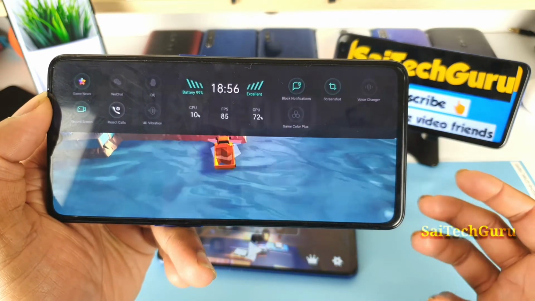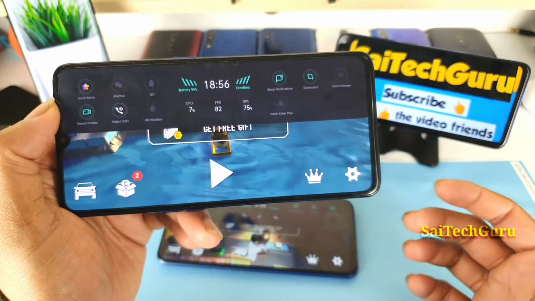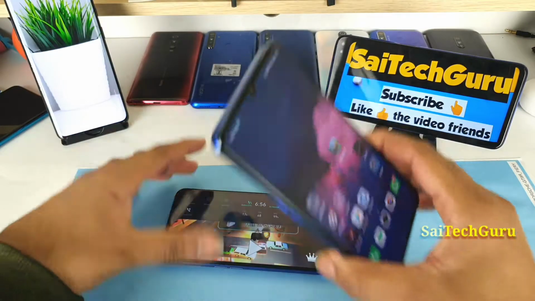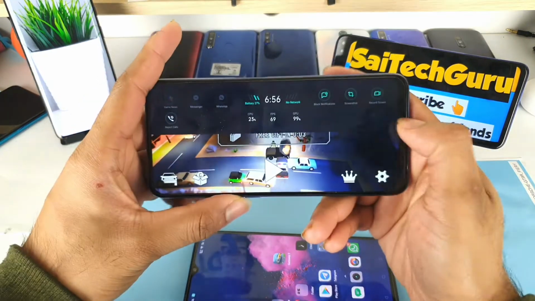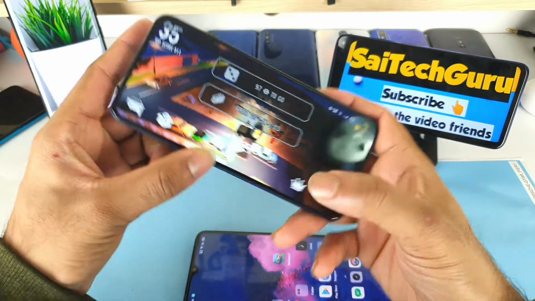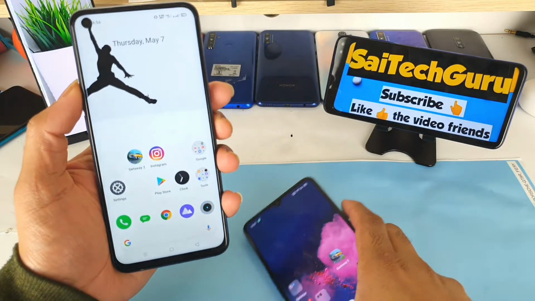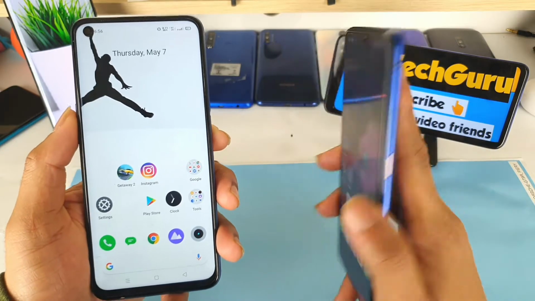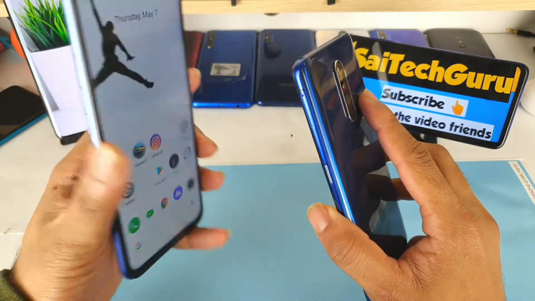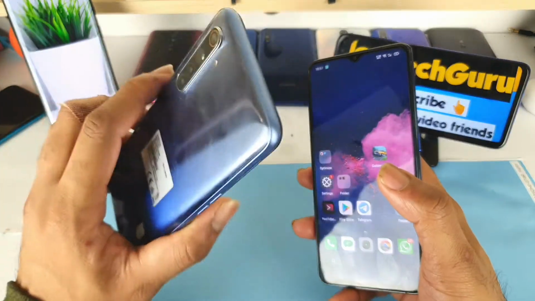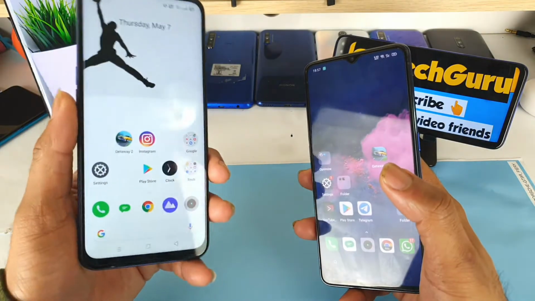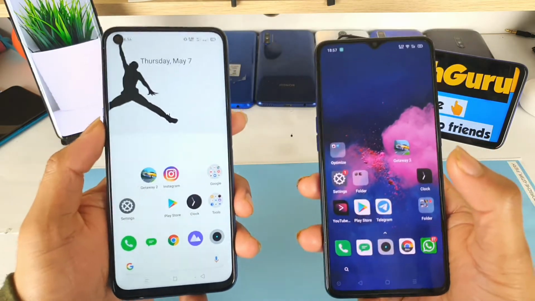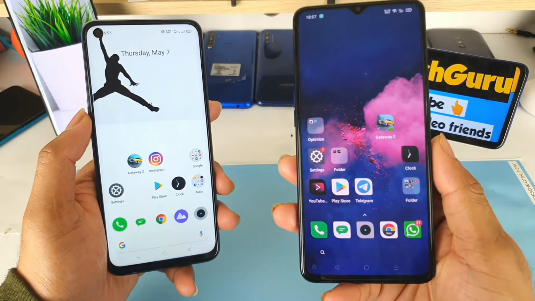It also depends on the processor, friends, what you have in the device. That matters in terms of using this kind of high FPS frame rate. Overall, my doubt was cleared: the FPS in the Realme 6 is slightly lower than the Realme X2 Pro, friends. It can support 90 Hz refresh rate, there is no doubt in that, but the processor is not capable enough to maintain consistent FPS, which you have seen in the Realme X2 Pro device.